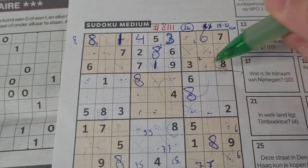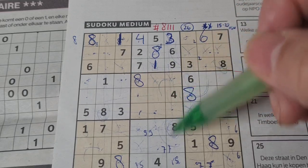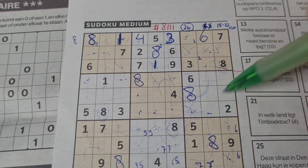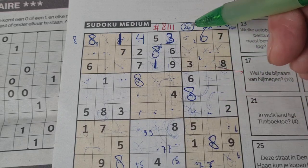The 1 here. 1. Need a 1 there, okay. 1. Need a 1 here. How about